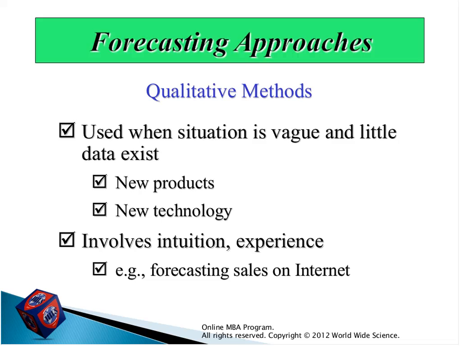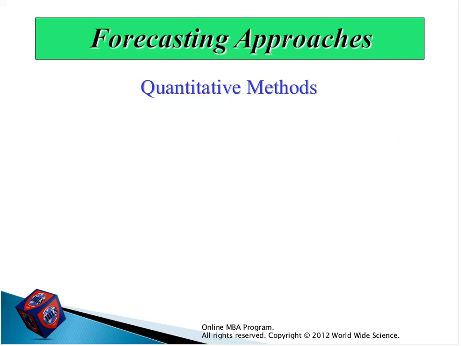Very good, Mr. Samir Jam. Perception without conscious reasoning. Very good. This is the perfect meaning for intuition. So, for new technology, only intuition and experience can help operation manager to forecast the demand for their new technology or new product.